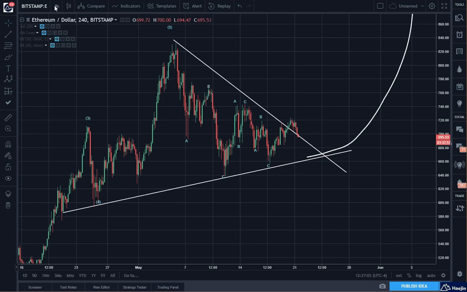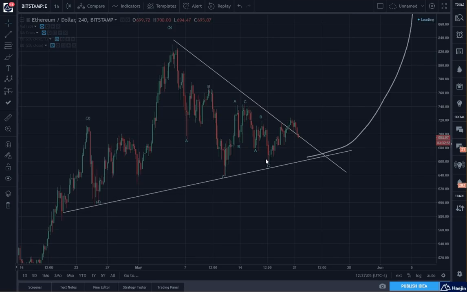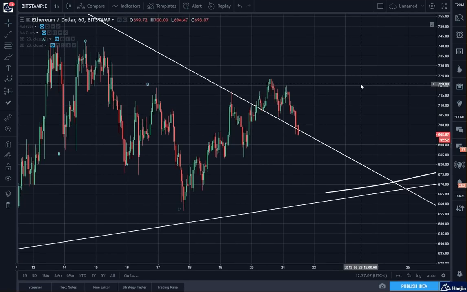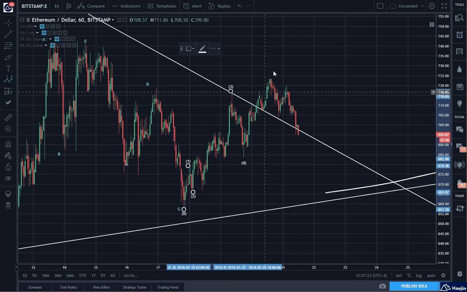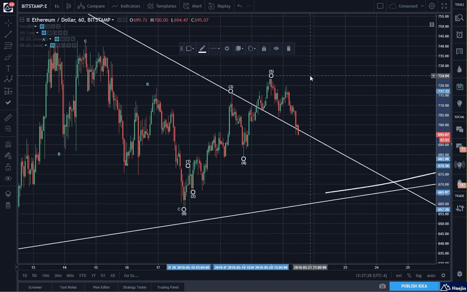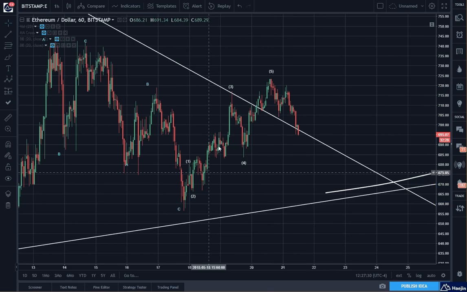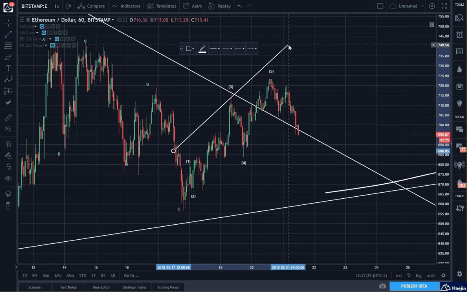To do that, I'm going to go now to a higher resolution, which will allow me to see the waves a lot more clearly. So I have here, I believe, probably a 5-wave up. And that I would count as wave 1, 2, 3, 4, 1, 2, 3, 4, 5. And if that's correct, then very similar to Bitcoin, if it has put in 5 waves, let's see if this also is traveling